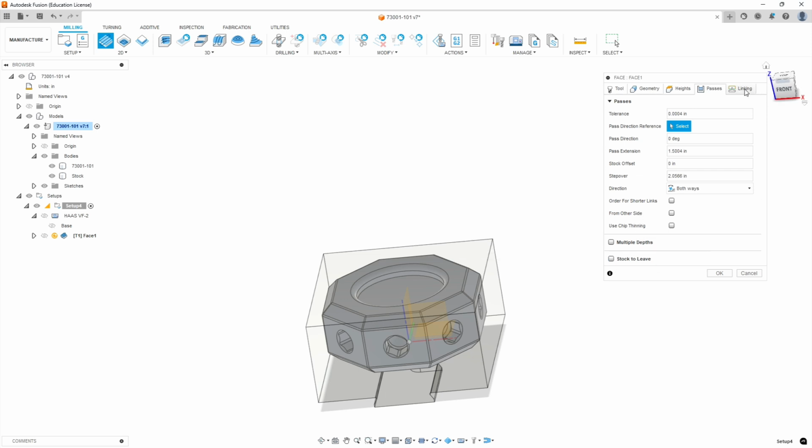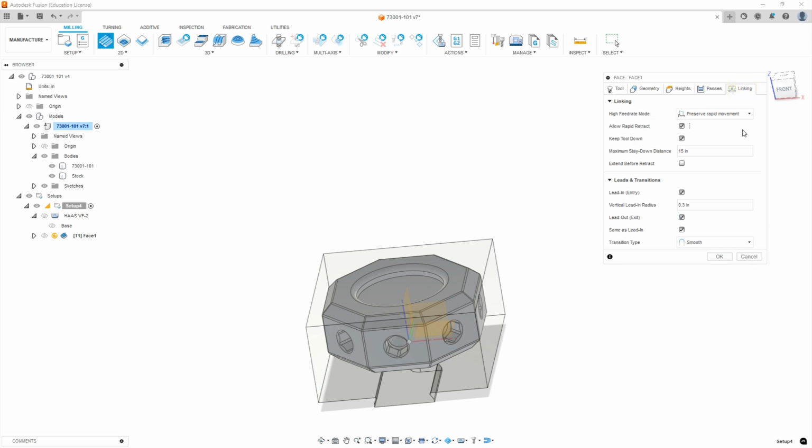Okay, so we're going to go to the linking tab, and we're going to pretty much leave all this at default. The one thing I don't do is vertical lead ins. It's not very good on the inserts. They don't all plunge that way. So we're going to set that at 0